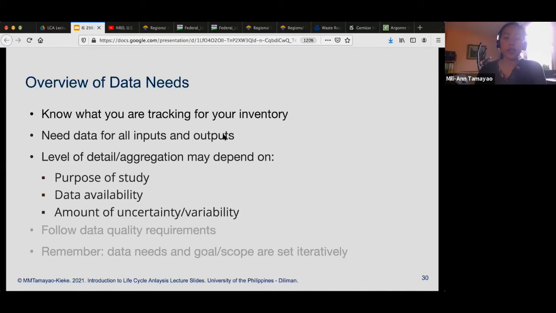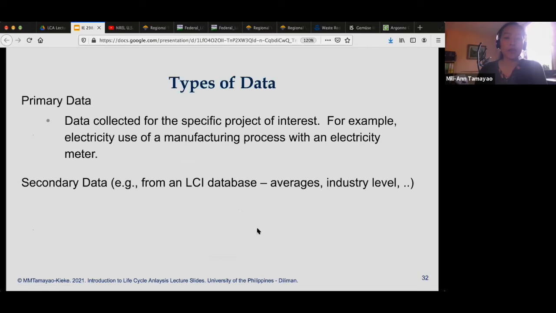And then you have to be able to clearly characterize the level of detail or aggregation of your data. This may depend on the purpose of your study, the availability of data, as well as the amount of uncertainty or variability that is involved in your data. Next, you have to be able to follow the data quality requirements that you have specified from the outset. Before we proceed to the last bullet,